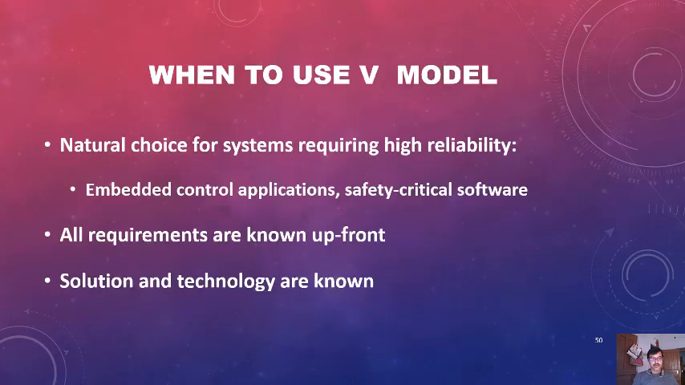So when to use the V model? It is a natural choice for systems requiring high reliability. When the embedded control application satisfies critical software, at that time we will use the V model. If all the requirements are known upfront at the first stage, at that time we will use the V model. If the solution and technology are known, we can use the V model, and in that case we can also use the waterfall model. Okay,